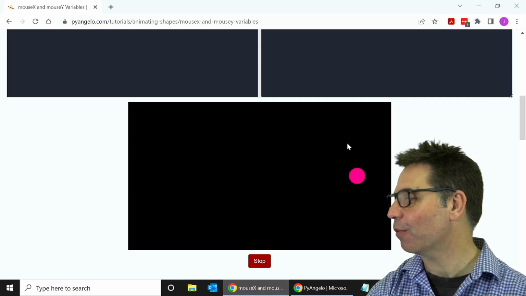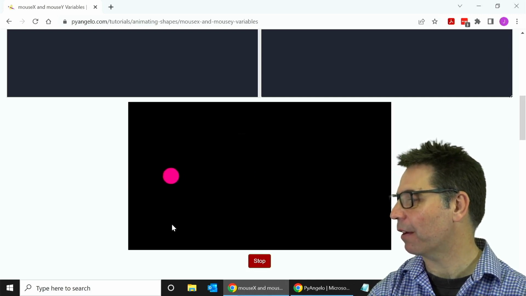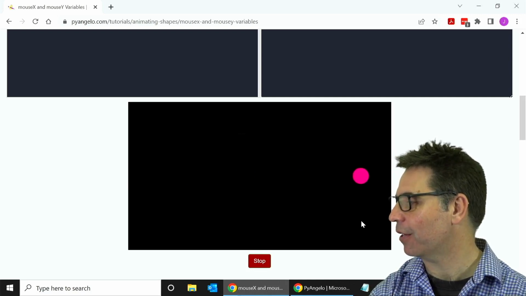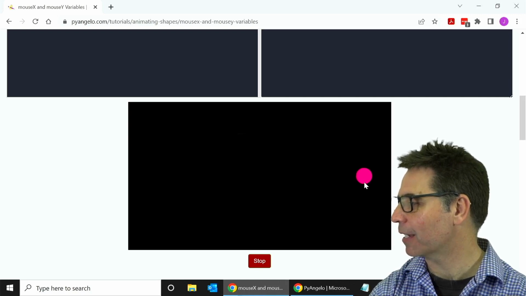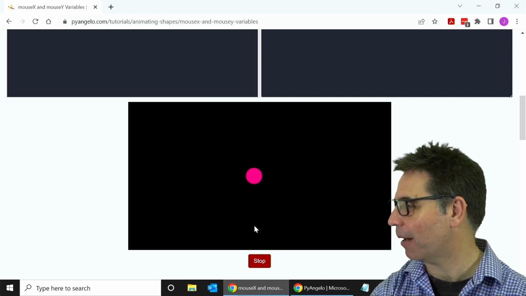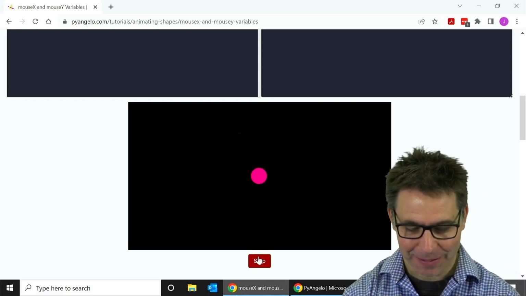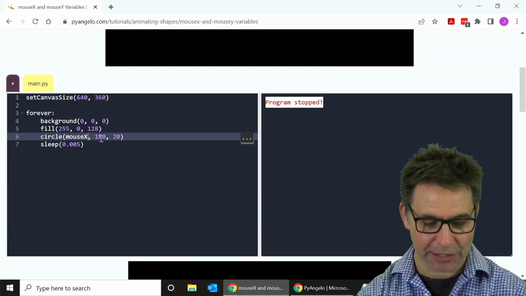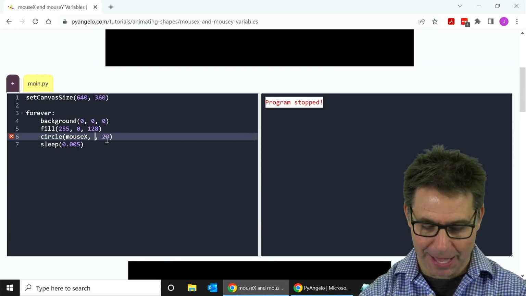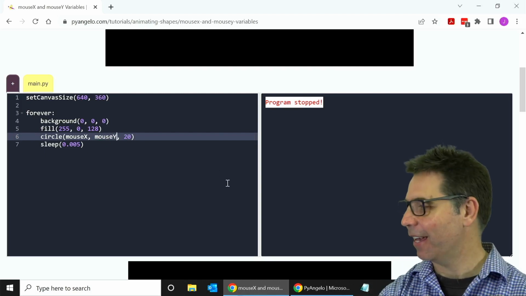And I haven't changed the Y. I'm always drawing it at 180, but wherever my mouse is in the X position, notice the circle is always exactly under my mouse. I can move my mouse pretty quickly and it'll catch up, but it always moves it to there. Awesome. And so, as you can imagine, if I change the 180 to be MouseY, then